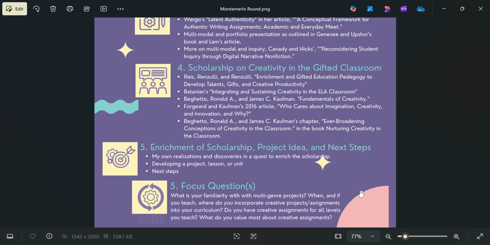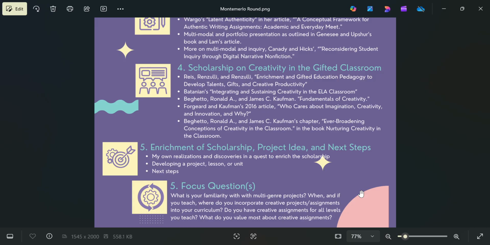Ultimately, Morgan Bantanian says in her essay that fostering creativity is actually an obligation for teachers to better prepare students for the complex world they're going to face and to promote deeper and more exploratory learning. So I loved that from her.